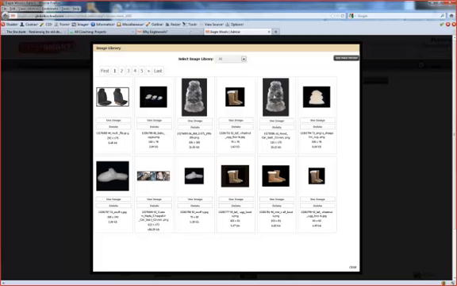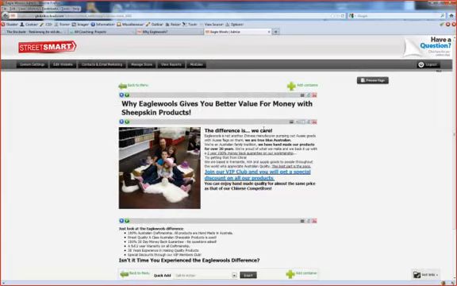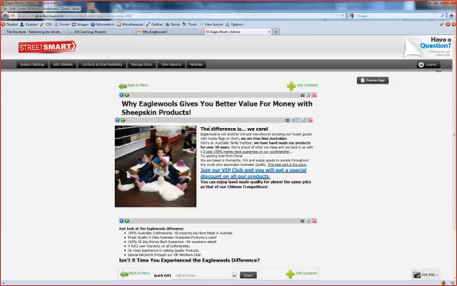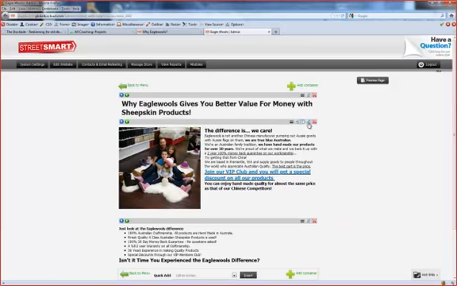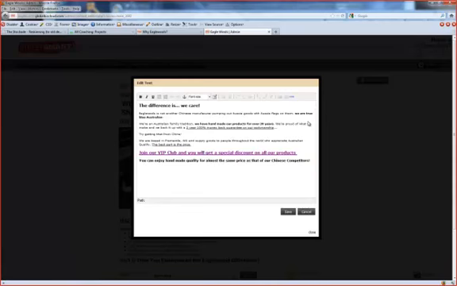Okay, so then you can select your images and stuff like that as well. So you just click on use image, and then it will show up here. Now, if you want to edit the text, you've got this little icon here, which is just the edit icon. So you click on that, and then this will pop up, and this is where you'll see the normal